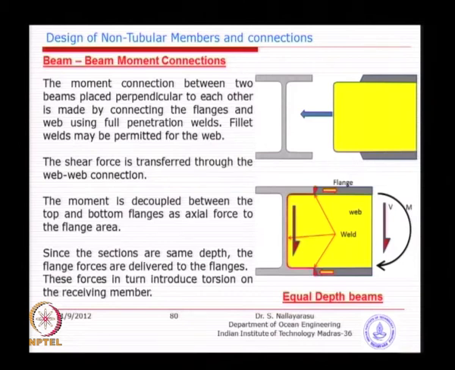Basically, a beam connection, one beam is going and perpendicular, another beam is trying to connect like this. So, you could see here there are two flanges, the flange to flange connection and the web to web connection. So, normally what we do is you have to remove this portion of the flange and just come and insert, and you will have a welding all along the interface between the web and the flange and web and something like this, and then also there will be a connection between two flanges of the beams.